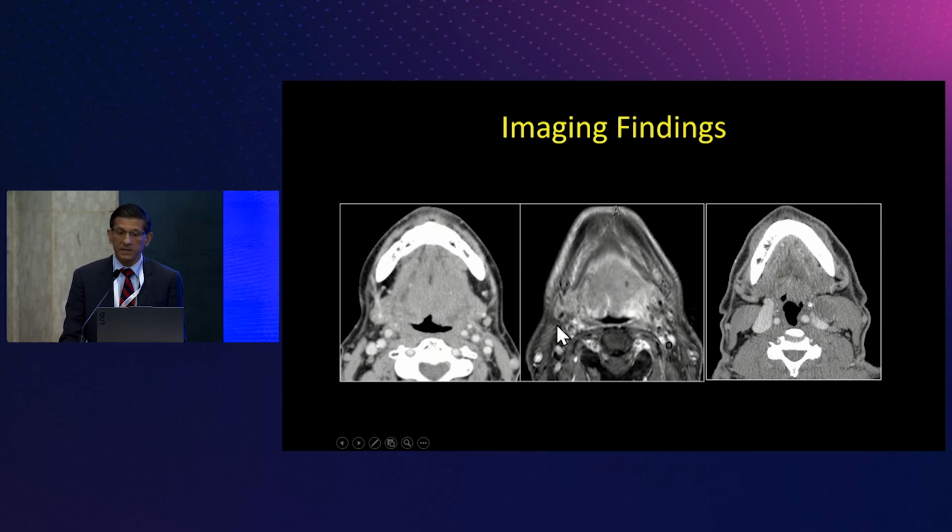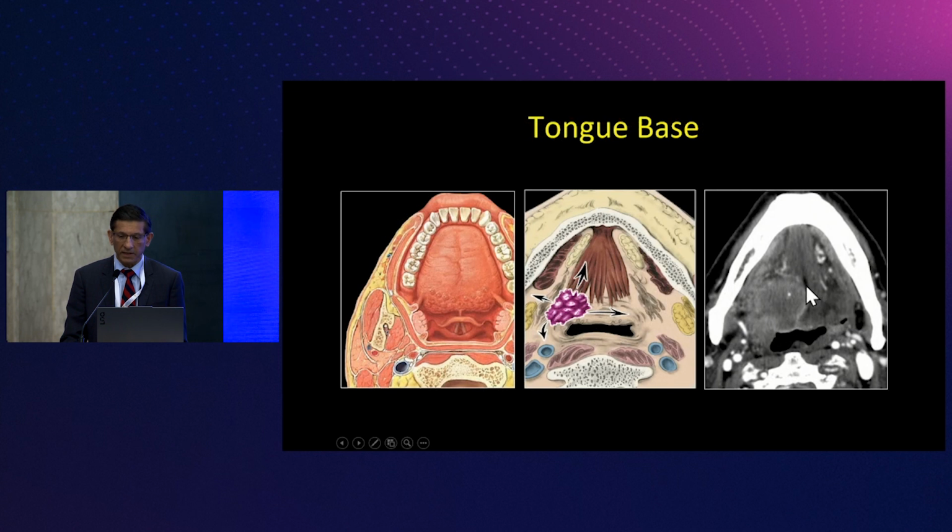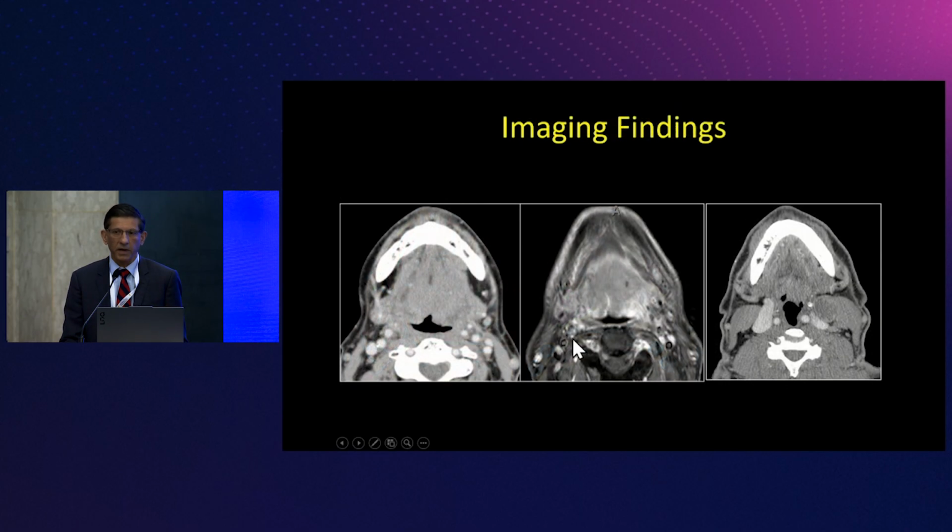Some of the pertinent things that you have to identify, particularly, does it cross the midline and does it extend deeply to involve the floor of the mouth? Those are 2 particular areas that if you include in your report, as you'll see in a couple of slides, you will dramatically change how those patients are treated. So it's not just that there's a tongue-based cancer, but what are the specific spread patterns?